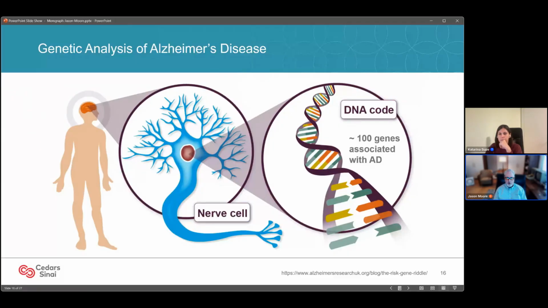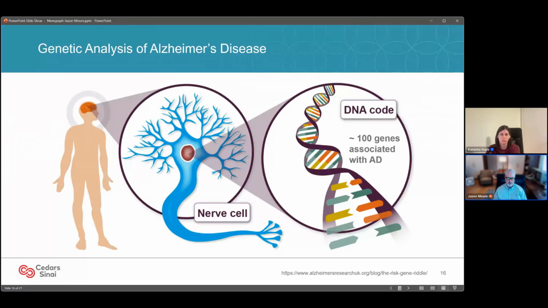And there have been a lot of large-scale genetic studies of Alzheimer's, and there are about 100 genes. There are about 20,000 genes in the human genome, and about 100 of those have been identified as risk factors for Alzheimer's disease. An example is the apolipoprotein E gene, which is a lipid metabolism gene and a very strong risk factor for Alzheimer's. So there are about 100. And my goal is to identify new genetic risk factors that have not been found before, and ultimately new